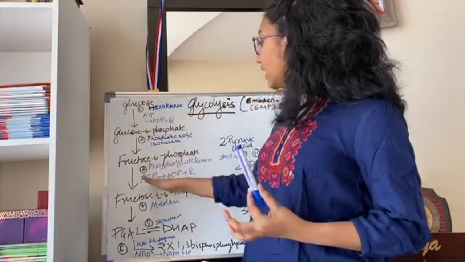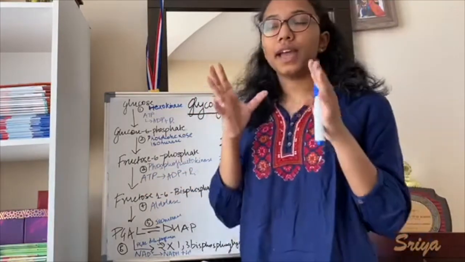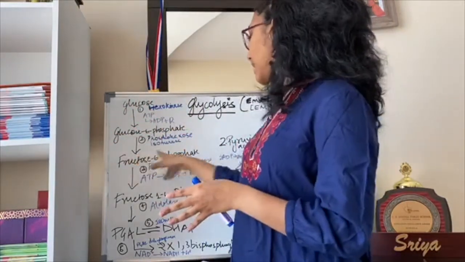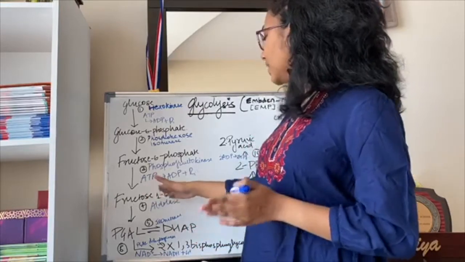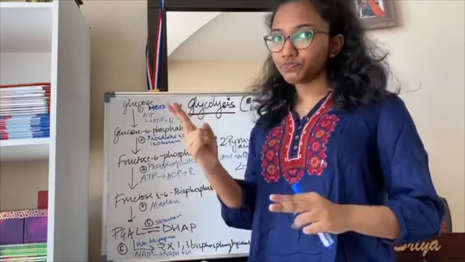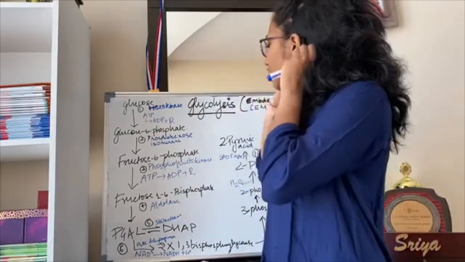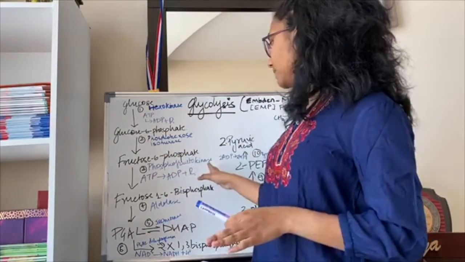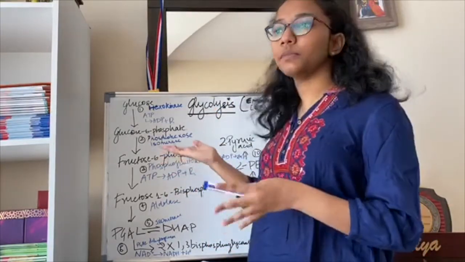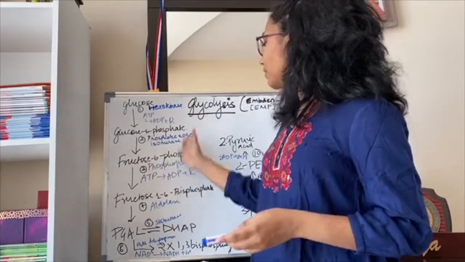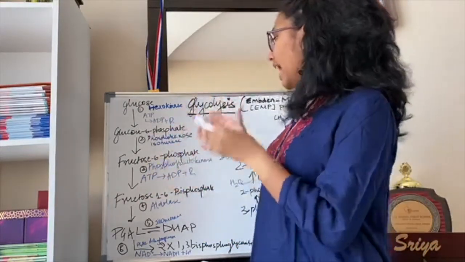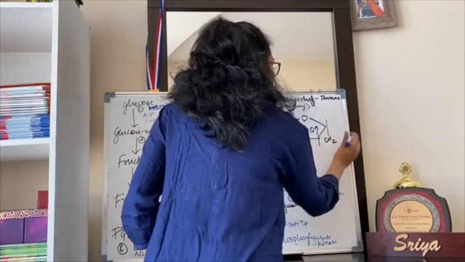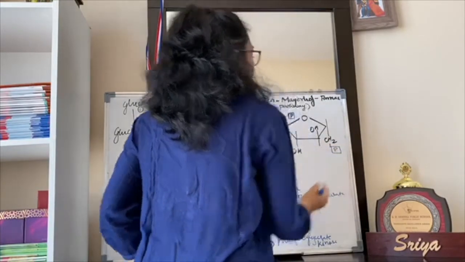Next step. Again, ATP is breaking down into ADP and a free phosphate group. Since there is a free phosphate group, it gets added to this reactant to give fructose 1,6-bisphosphate. Bis means 2, and that's a way of nomenclature which you will learn. It gets added at the 1st carbon, and the enzyme is phosphofructokinase. You can easily remember the enzyme name by just knowing what the reaction is: phosphate group getting added to fructose. Kinase means a phosphate group is being added.